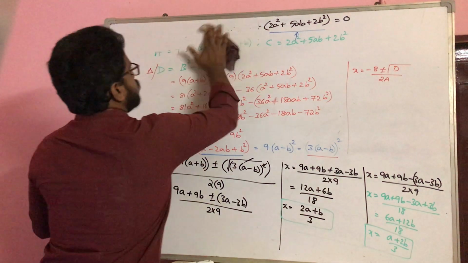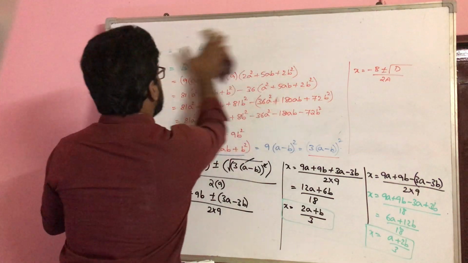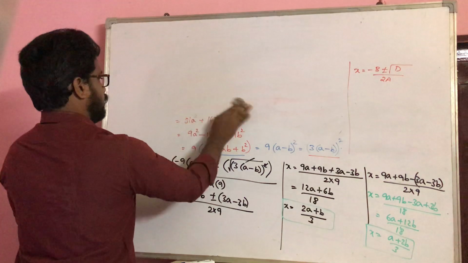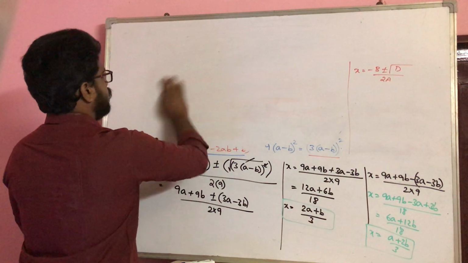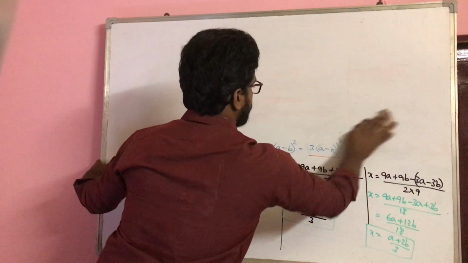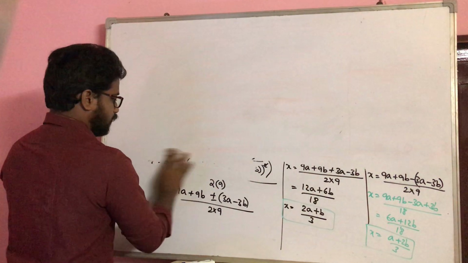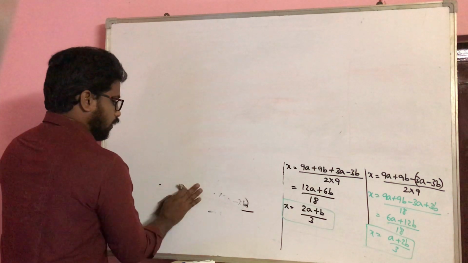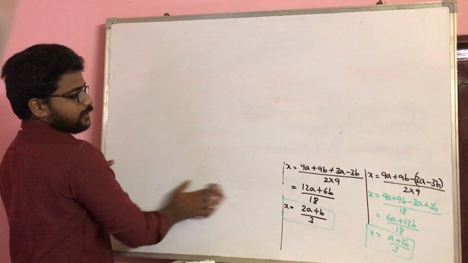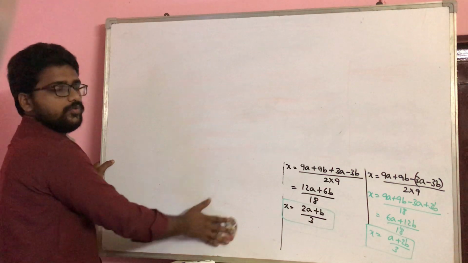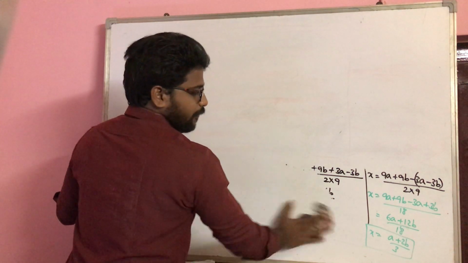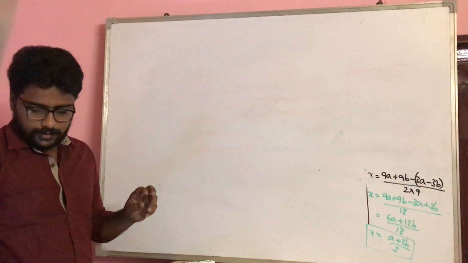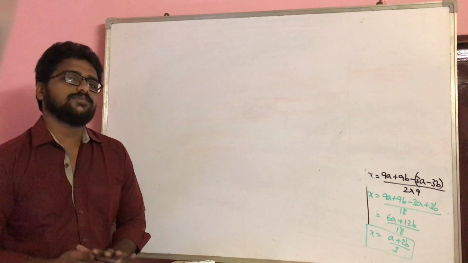Let us do some other questions based on solving the quadratic equation itself. Let us see some tricky questions. Let us try to do. Though the questions are tricky, it's all about how we are interpreting the question. That's it. The remaining simplification part is the same for everyone. The only thing that matters is how you are approaching the question.